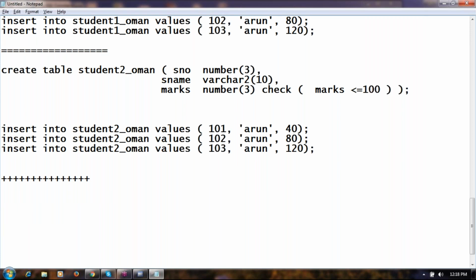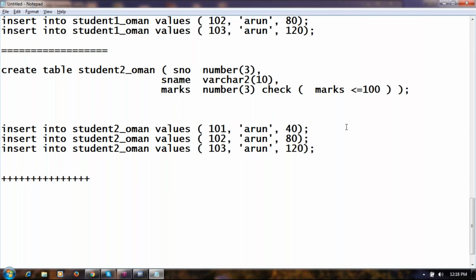Your doubt? Does this check constraint come with a condition, or can we have just check? No. Compulsory, you need to mention the condition. If you write just check, what does it need to check, what values does it need to check, what is the condition? When you are applying a check constraint, it is based on some condition only. Not like primary key or a unique key. So in that case, you must define the condition.